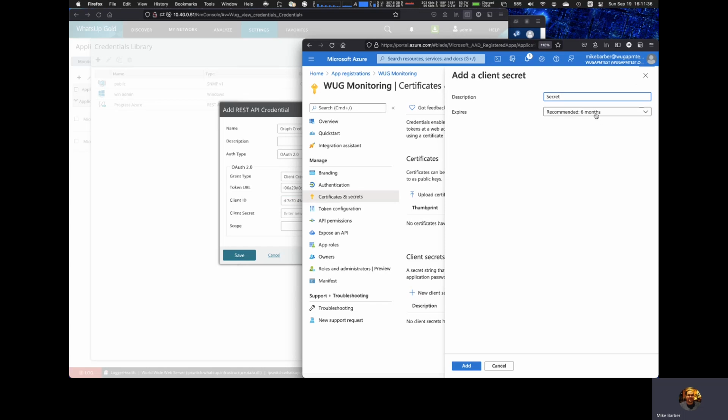Give it a name. Of important note is this expiration field. Microsoft is obviously recommending 6 months, as it shows here. You are free to choose whatever interval you desire, but bear in mind that whenever this expiration period happens, you will need to log back into the Azure portal and create a new secret and then update the credential in WUG with that new secret. So in this case, I'll leave it as 6 months, click add,